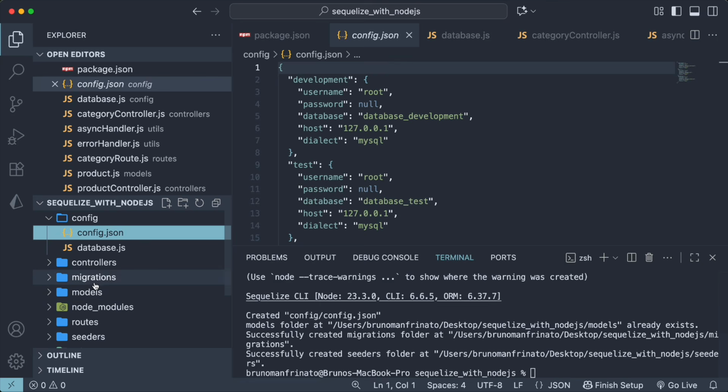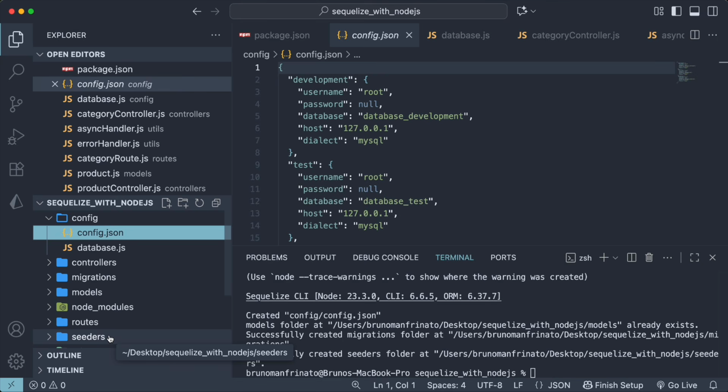As we can see here on the Explorer, let me quickly explain what these folders are. So migrations we'll use to store scripts to create and modify database tables. Since we have 2 tables in our database for now, we need to create scripts to create these tables. And later, if we need to create more tables or manipulate columns on the existing tables, we can add these scripts inside this folder. The seeders folder we can use to store scripts that insert initial or sample data into